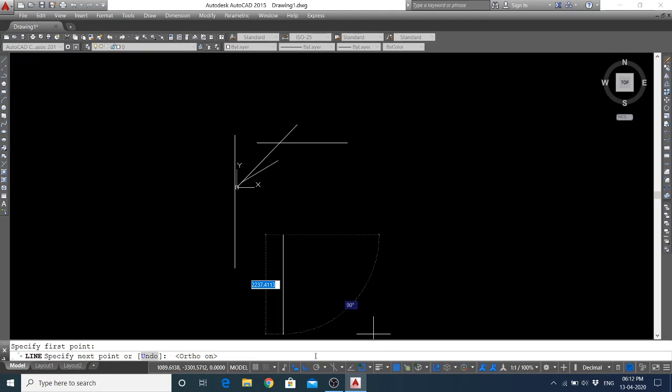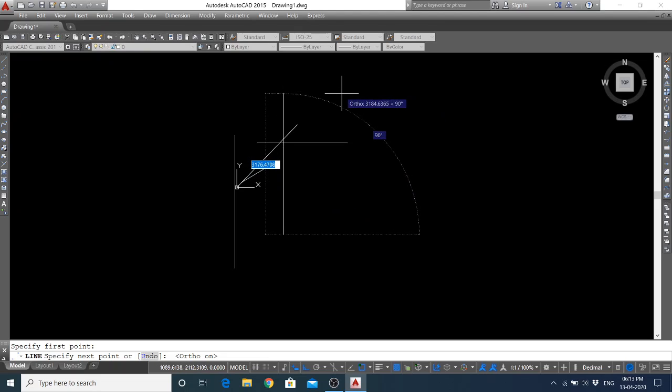You can also turn it on from the keyboard. It is showing that you have to press F8 from your keyboard. Then what will happen, if you move your mouse, it will not change its angle,